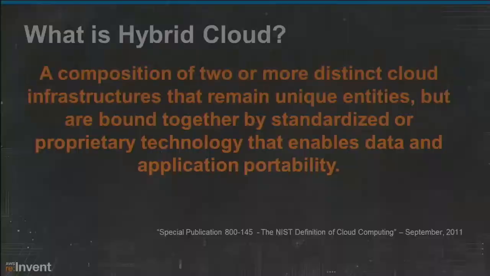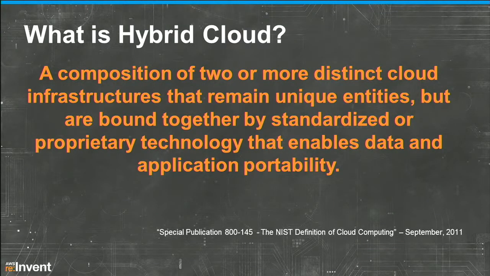And so in theory, according to this definition, a hybrid cloud could be two separate public cloud providers working in concert to offer services. But in the typical definition, we're usually talking about a private cloud environment and a public cloud environment, such as AWS. I'd like to stretch that definition a little bit further and say that private cloud isn't a necessity for a hybrid environment. And I'm going to ask you all to raise your hands in just a minute after I outline a series of questions for you.